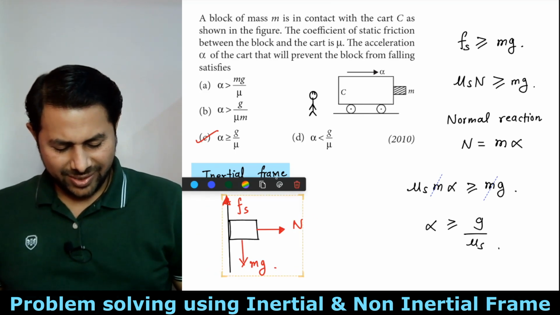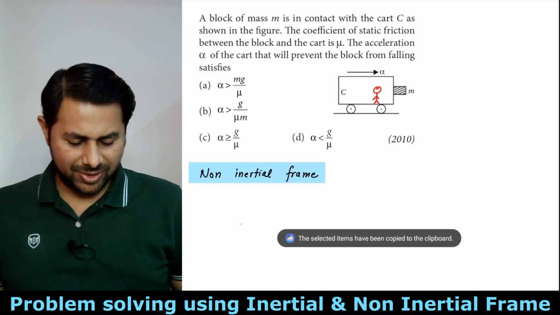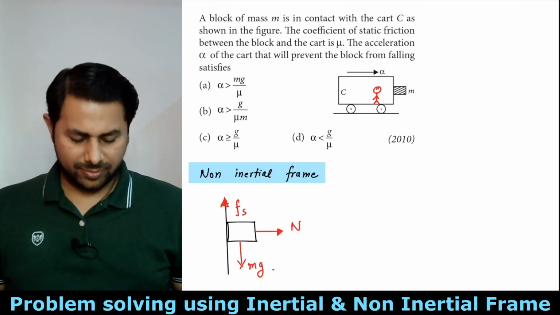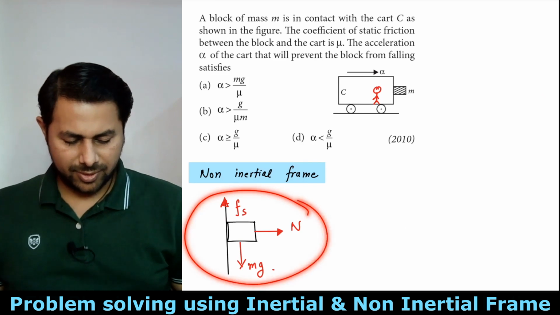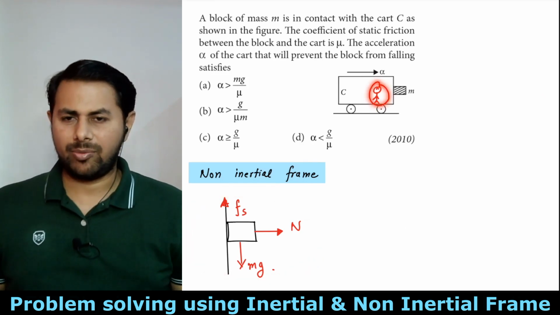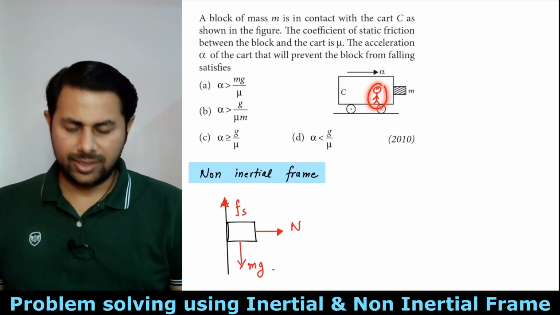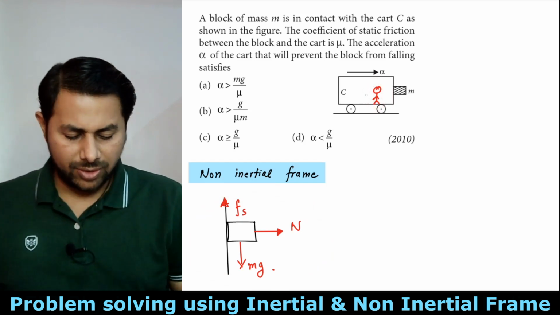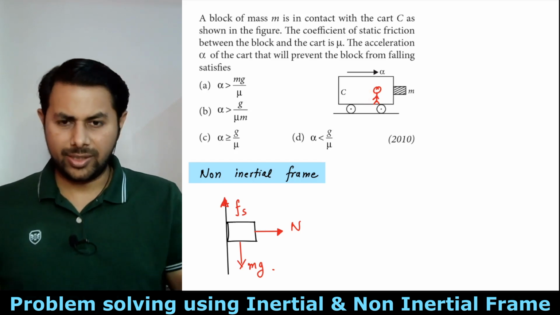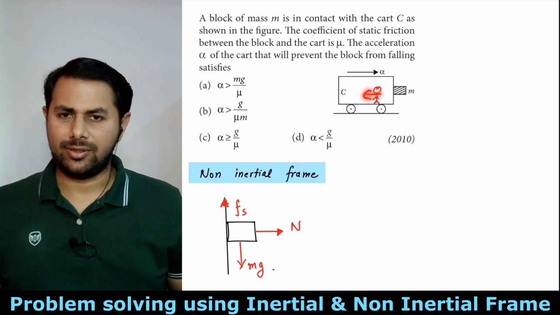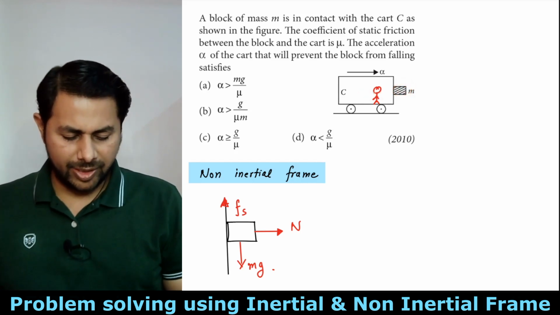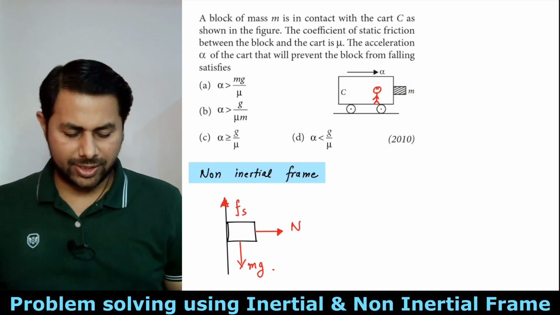So then what he will do is he will also draw a free body diagram. But then he is in a non-inertial frame of reference. So since he is in a non-inertial frame of reference, he feels an acceleration in this direction, right? So he feels a pseudo force in the opposite direction. So that's why he will say the mass of this block is m. So there must be a force acting on this block in the opposite direction,